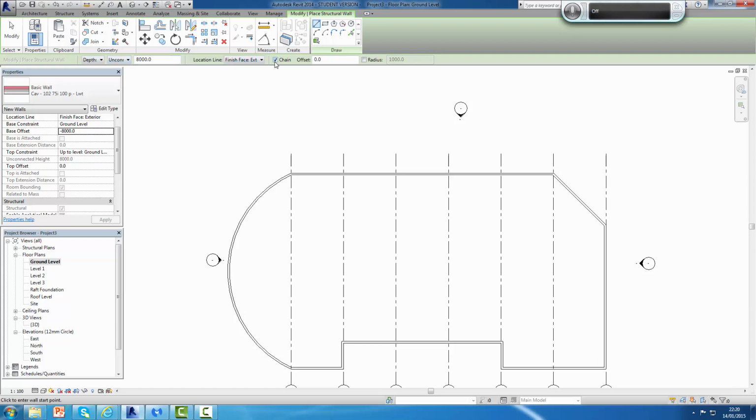Now again, there are different ways in which we can choose our walls. We can either pick the line and pick each individual line as we go around. I don't want to particularly do that, so I want to use this tool here, which is pick line. If I click on pick line, making sure that all the information is still the same, and if I pick the outside edge of that line and pick that wall there,